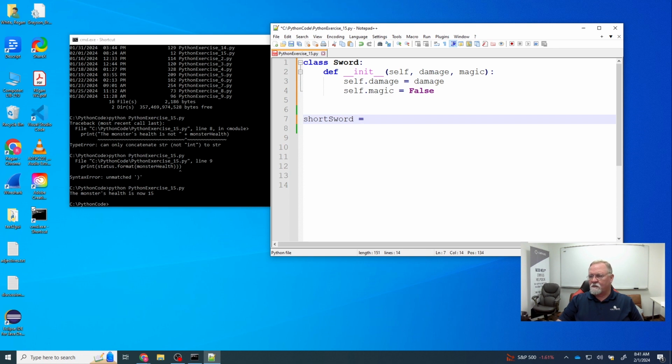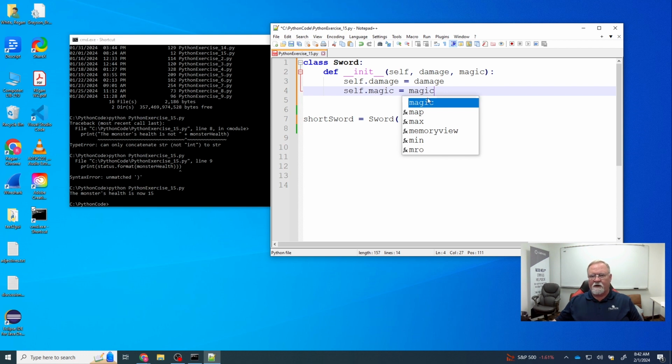Say is equal to sword. And we're going to go whoop. And wait, I need to change that. I don't want to set the value here. I want to set the value up there. There we go. Sorry. What I did, I had the hard-coded value set here, which is what we did in